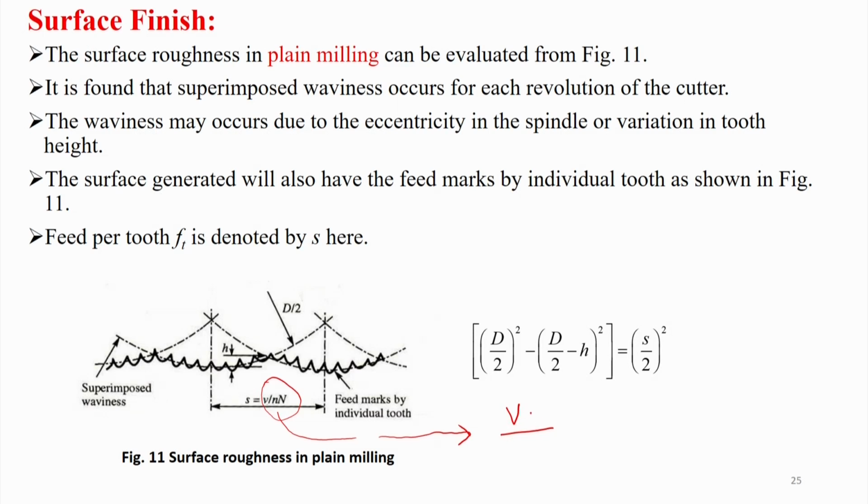V is the distance moved by the table in meters per minute. If I divide it by N, I will get the distance moved in one revolution,